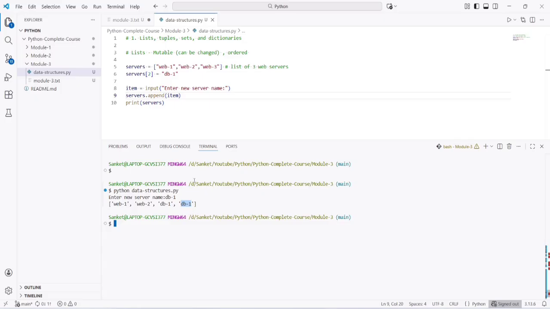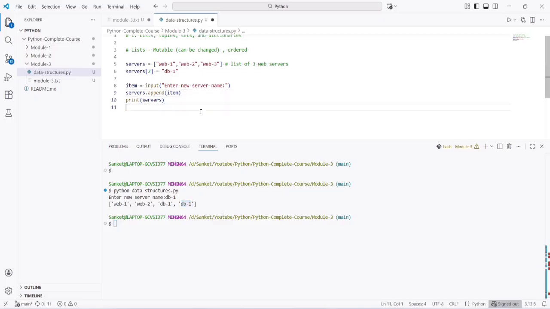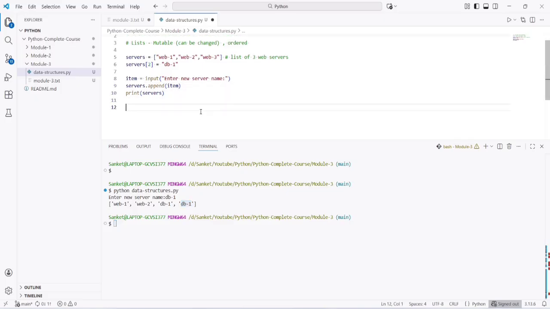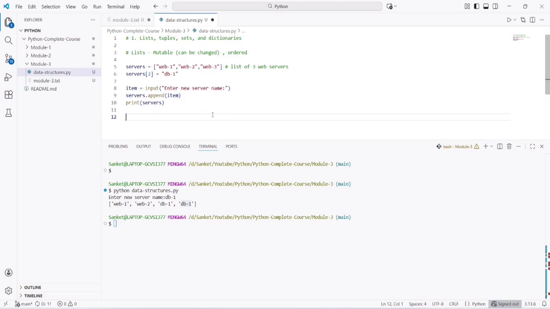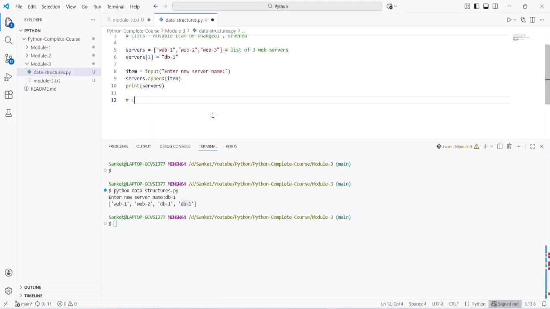This indicates that a list can have duplicate items, and to avoid this, there is another data structure that you can use, which is a set, where only unique items are allowed. So here we have seen lists, adding a new item to a list,